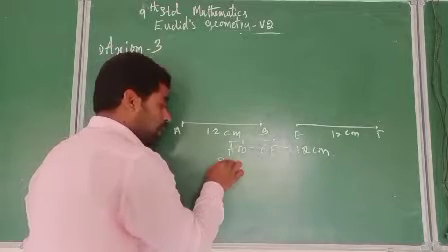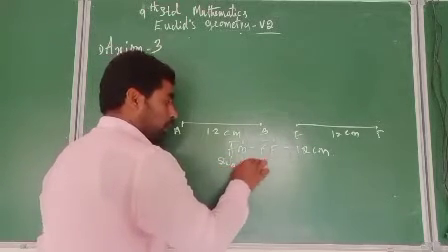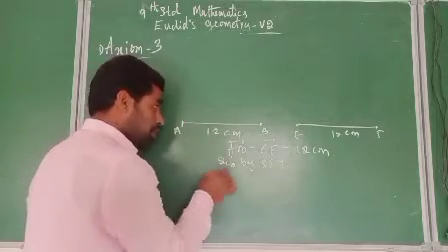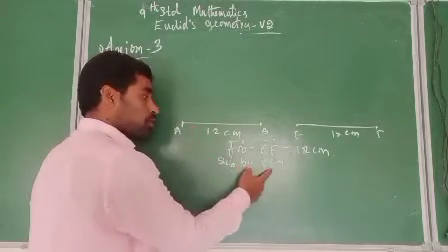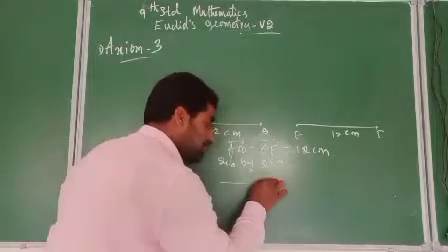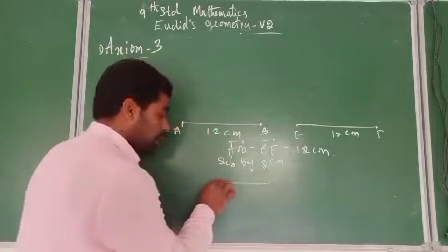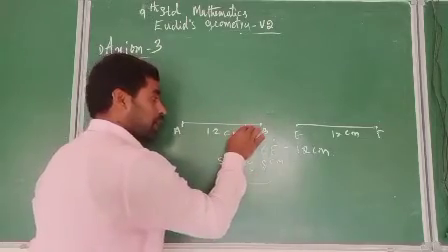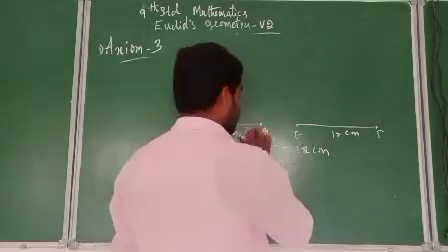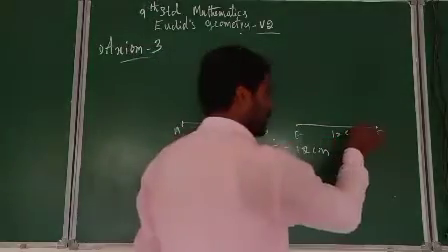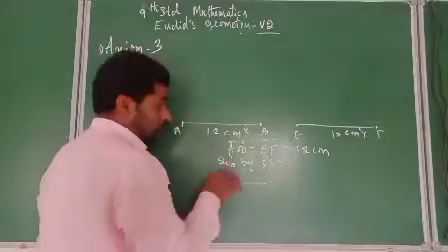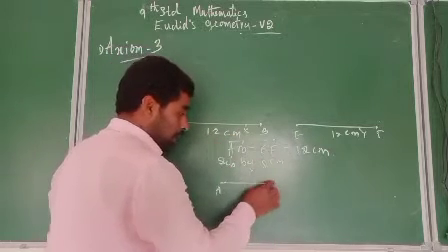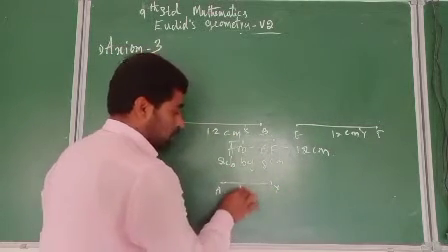Now I subtract 2 centimeter. What does it become? For the line segment, 12 minus 2 becomes 10 centimeter. I'll mark one of the points as X and here I'll mark it as Y. Up to a total of 12 centimeter, we subtracted 2. What do I get? 10 centimeter. AX is 10 centimeter.